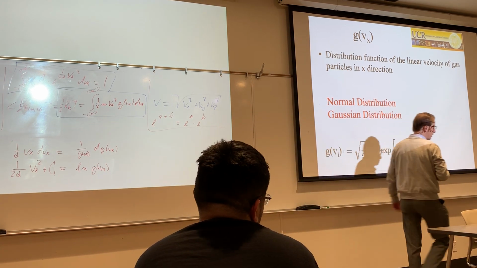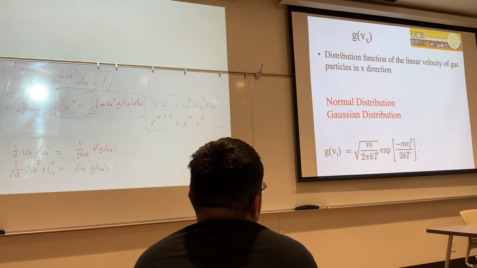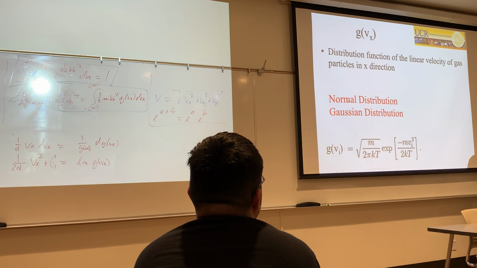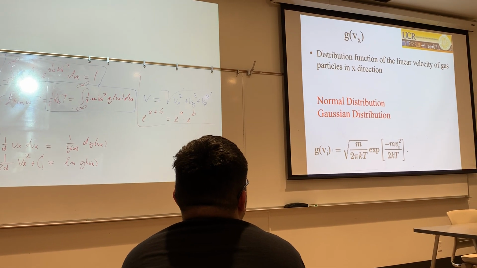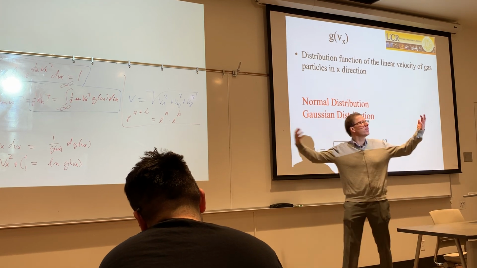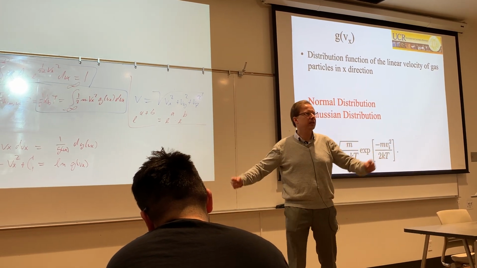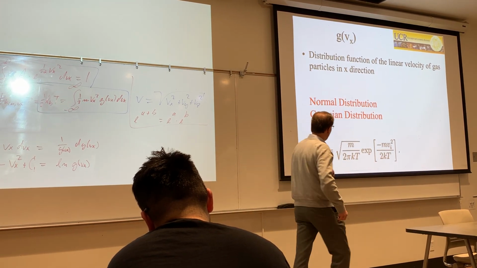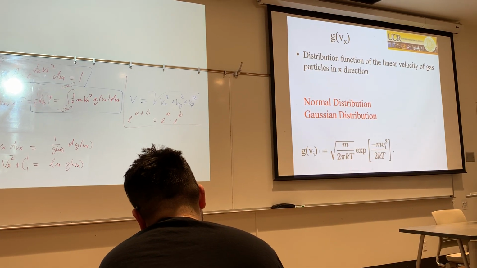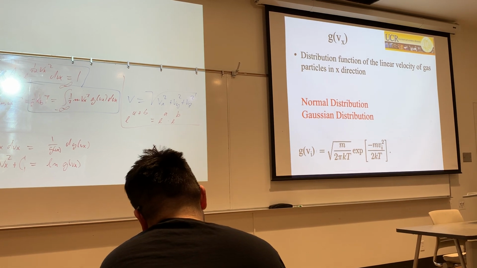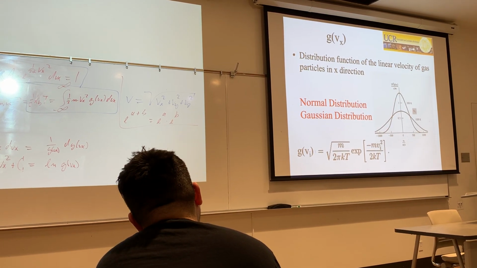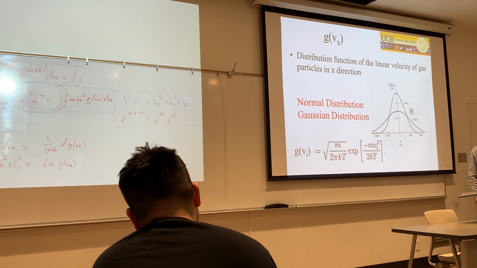So let's have a look at how it's shaped. This whole thing is called a normal distribution. Normal because I didn't really need much knowledge about my system in order to find it out. It's the normal thing which comes out of maths. And the guy who figured it out was Mr. Gauss, this German mathematician. And so it's also often called a Gaussian distribution. And it looks like this. Gaussian bell curve,